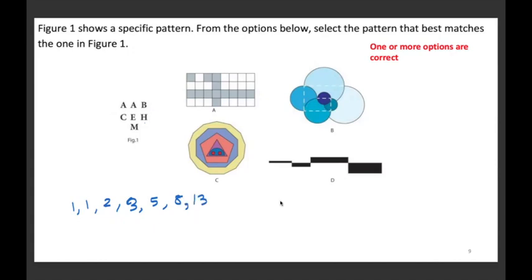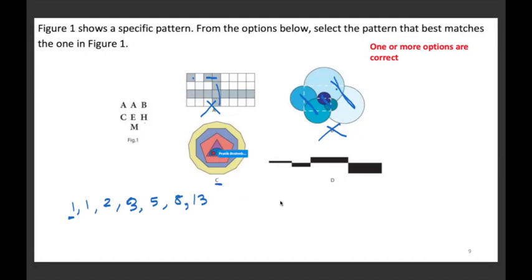This is the 13th number. Okay. If you look at option A, it has 1, 1, then 10, 2. Then you have 3, but we don't have the 1 in the starting. So A is wrong. In the case of option B, you have 2 of the same color, same shape, 2 of the same shape, and then 2 of the same shape. So it should be A, B, B, and C, C. So B is wrong.